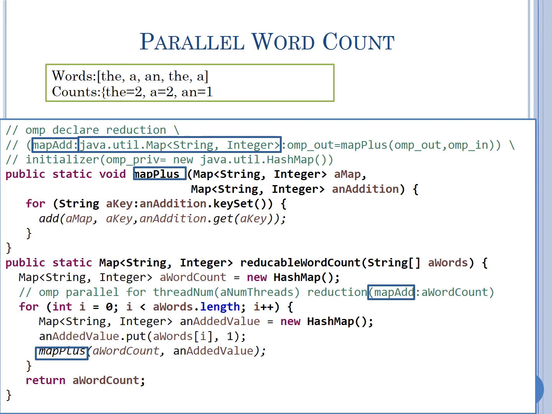Okay, so this must be the same type as this. It should be, but if it's not, it's your problem. Okay, this should be the same type of the added value. Okay, because if that will be the case, if map plus is taking these arguments, it will be the same type, and it should be of the same type as the return value, the word count. Okay,